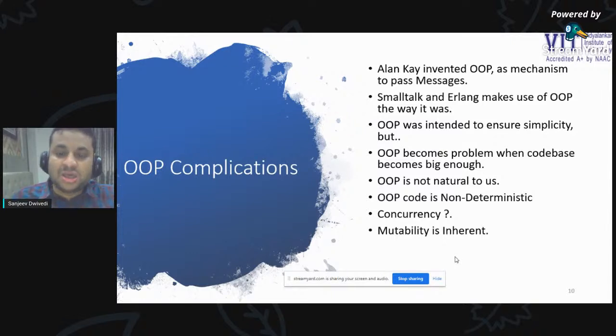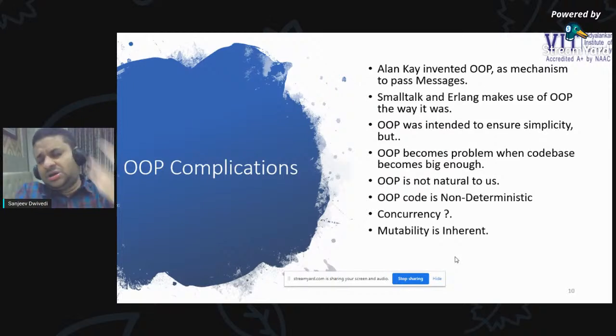But you will say mutability is not inherent, that if you want to mutate you can, and if not, then don't. Wrong. In OOP, mutability is inherent. You know what people normally think, that it's my design choice to include mutable state or not. But no. Actually, in OOP, when we pass an object,